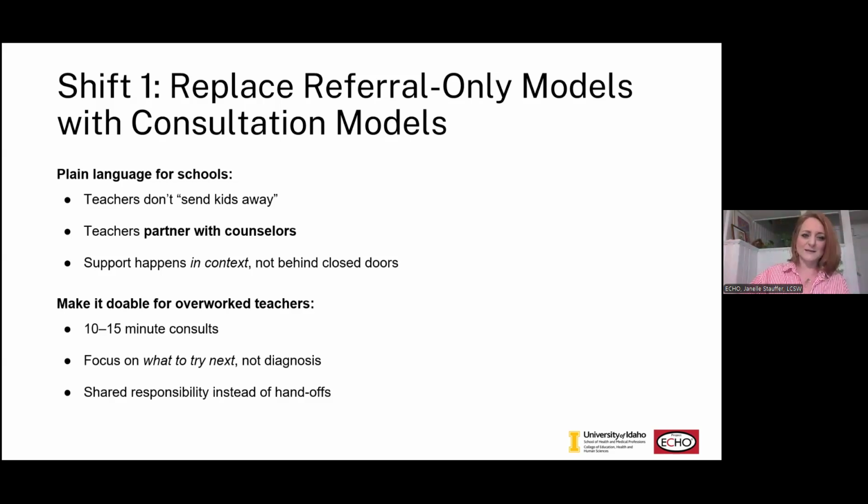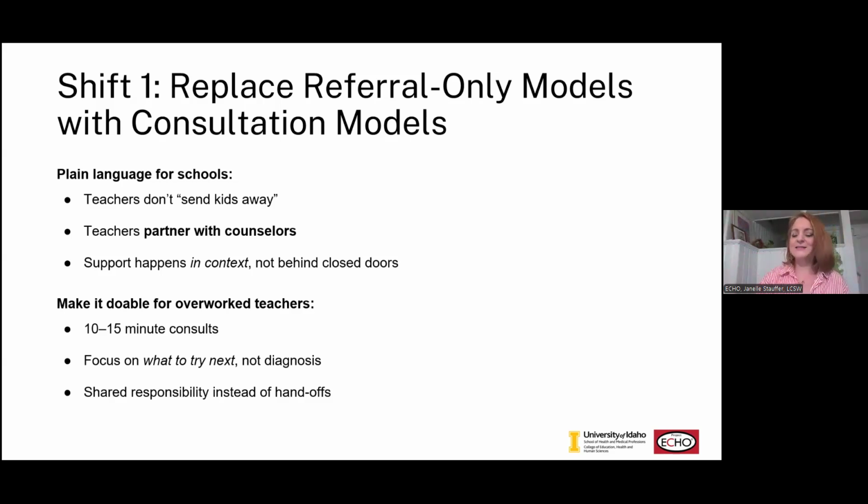We're going to expand on this a little bit more. The student isn't removed in this case, instead the system comes in around the student, and that's considered an upstream prevention model. Another thing that might happen in the referral only model is we send them out to counseling. And as a counselor, I'm a big fan of counseling, but in these systems, that is not enough. It is not upstream enough to catch it above.